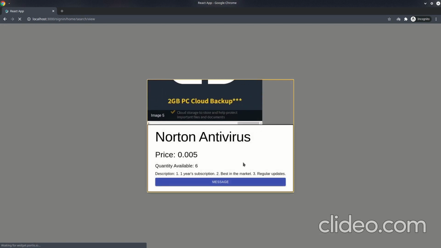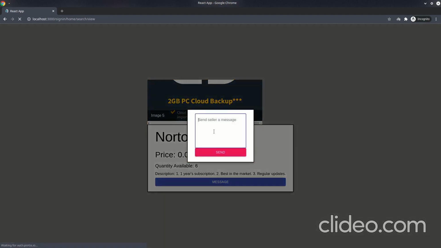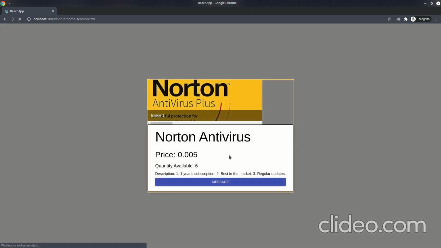So let's say we want to message the seller. We click on message and say we want to send him "hi there." So when we click on send, his number is retrieved from the QID which he entered during his registration. So all this process is done in the background, and neither the customer nor the seller can know each other. As I click on send, the message is sent and the page reloads. So it is all done securely.